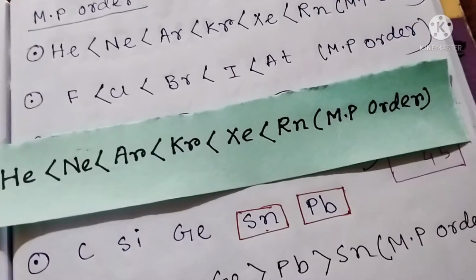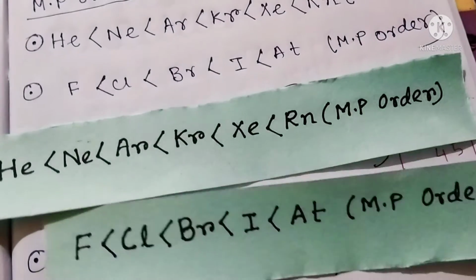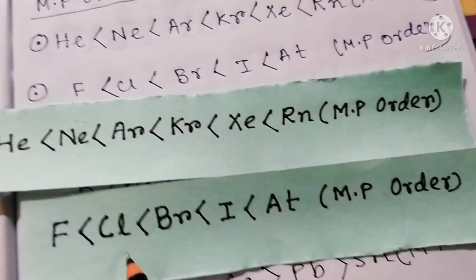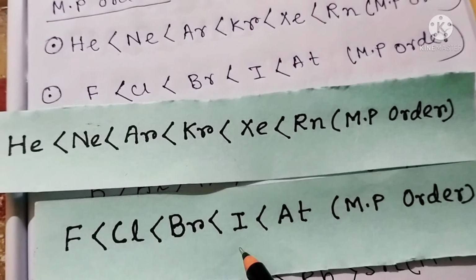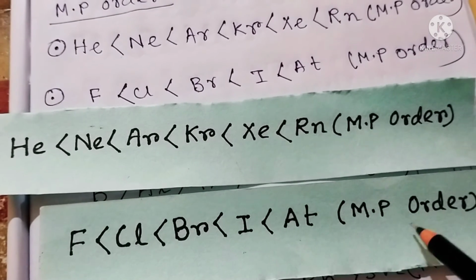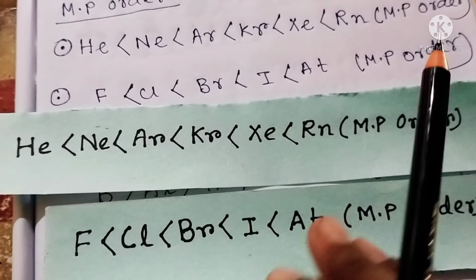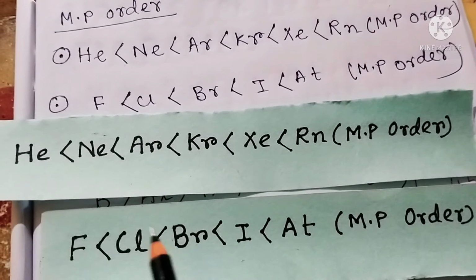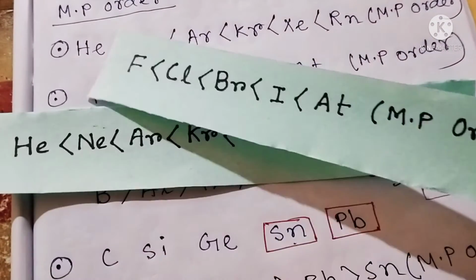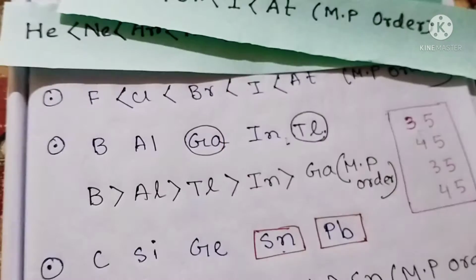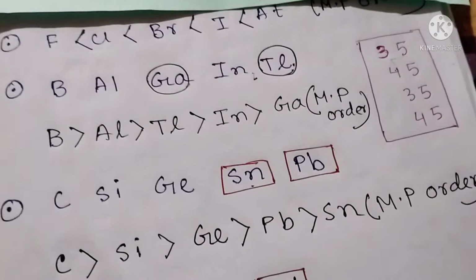And for halogen also we get fluorine less than chlorine, less than bromine, less than iodine, less than astatine. This is the melting point order. For these two groups we get no exception, but for the rest four groups we see an exception. For this we should remember